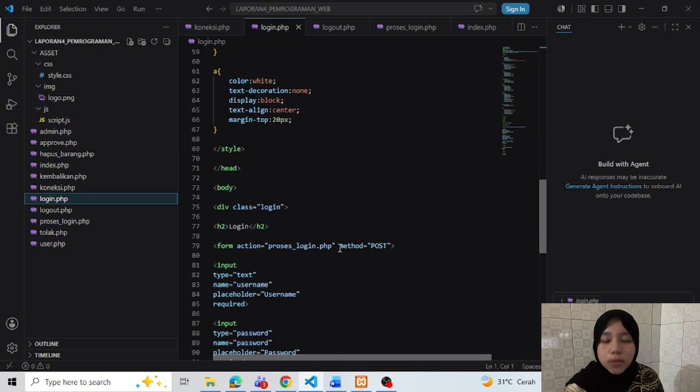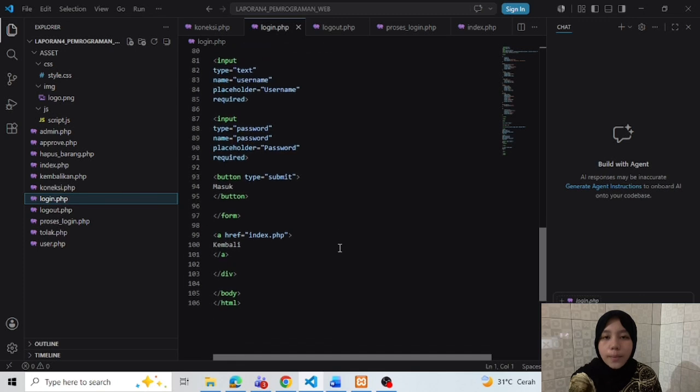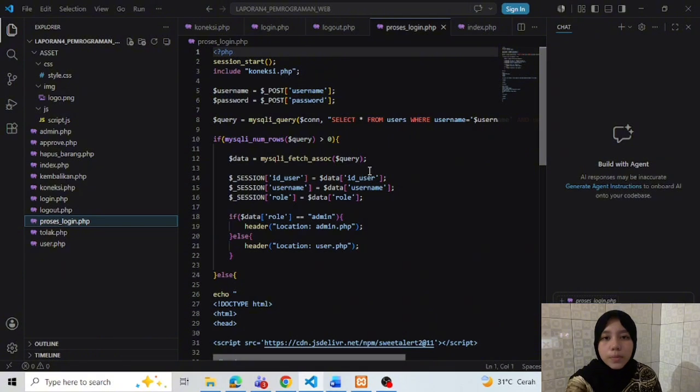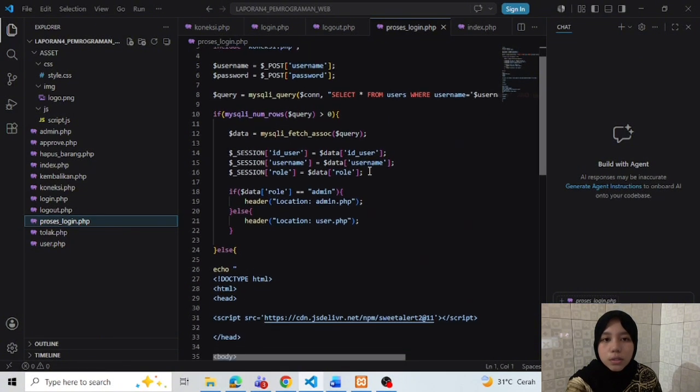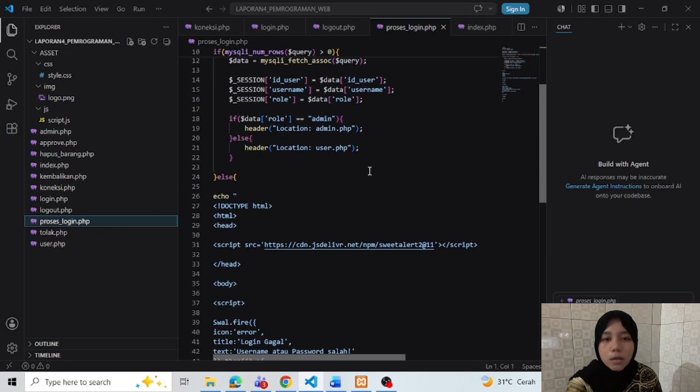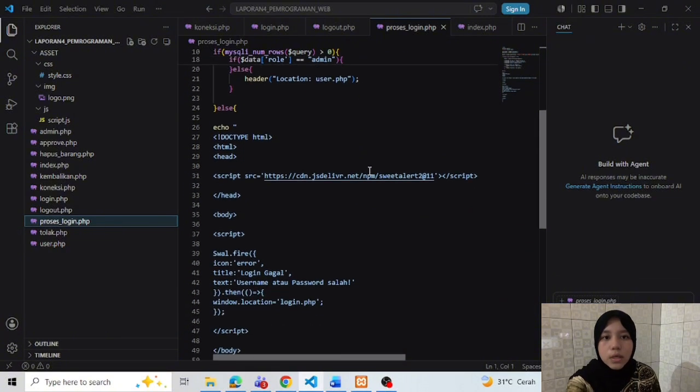And next, the process login.php file processes the login request. It checks whether the username and password entered by the user match the data stored in the user table. If the login is successful, the system creates a session and identifies the user role.